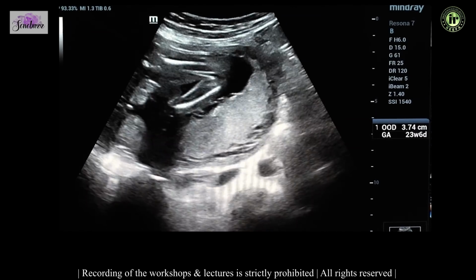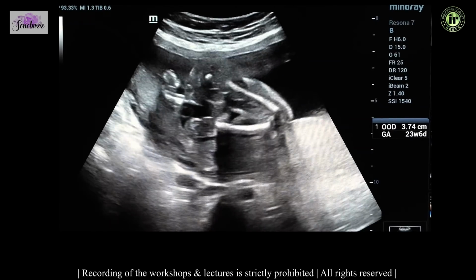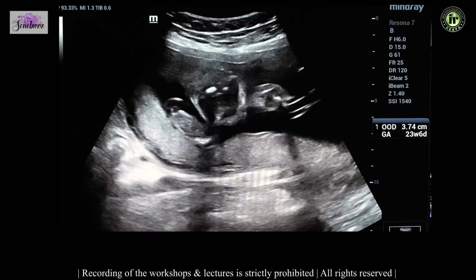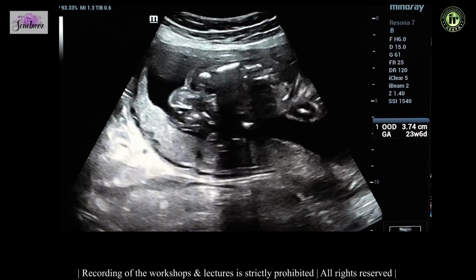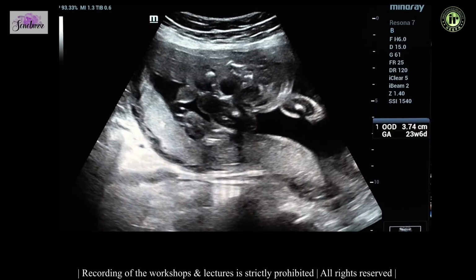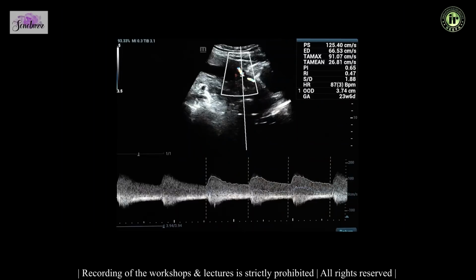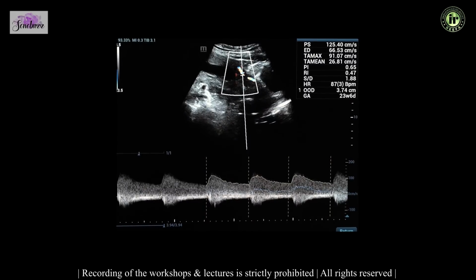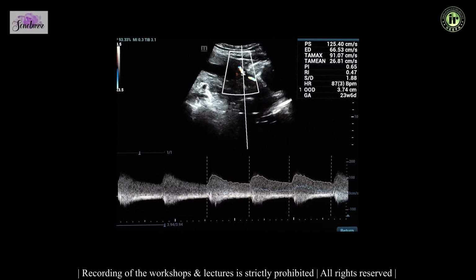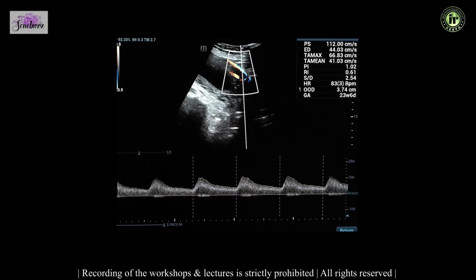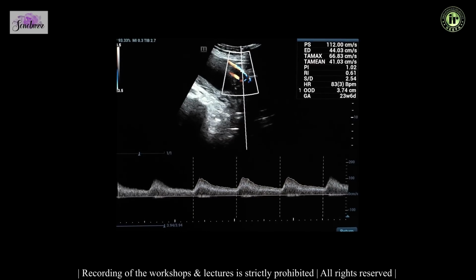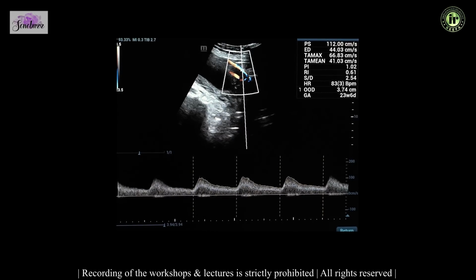We all know the importance of uterine artery screening in preeclampsia in the first trimester, in the 11 to 14 week scan. But of course, there is still an importance even in a 20-week scan. The right and the left uterine arteries should be scanned. These are scanned in the iliac fossa, and the probe is kept perpendicular longitudinally in the iliac fossa, and you take the PI of both the uterine arteries and then take the mean of that.